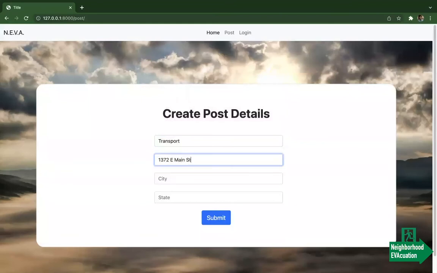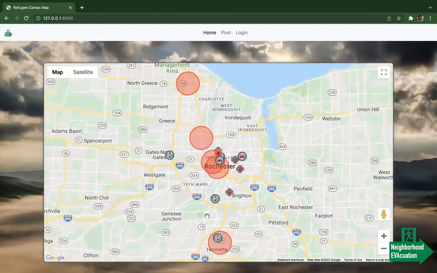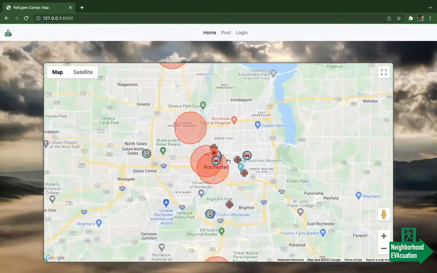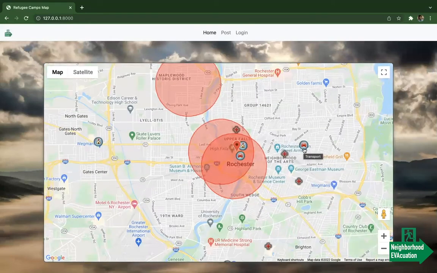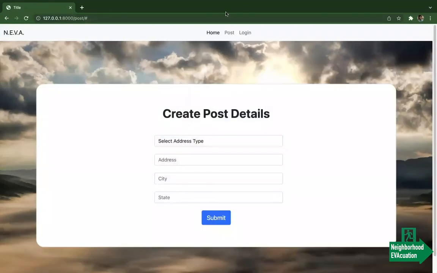We'll now add the address and then the city and the state again. As you can see, there is a form of transport added. If you can see towards the right hand side,